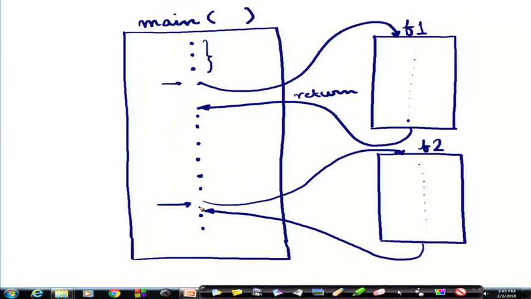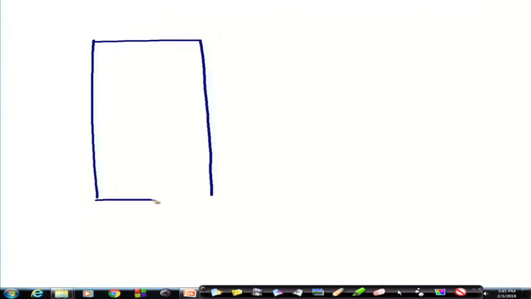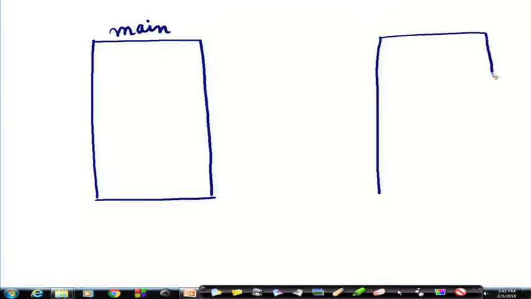The other important thing is that let me draw it again. Here I have got my main task, and this is my main, and here is another main task, some other main task not written by me, but by somebody else.